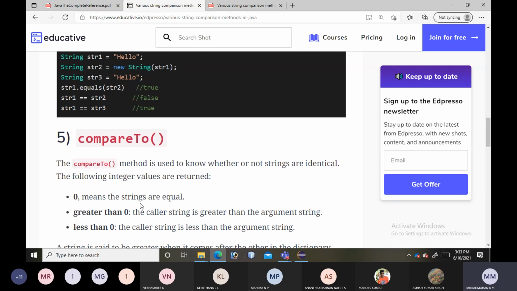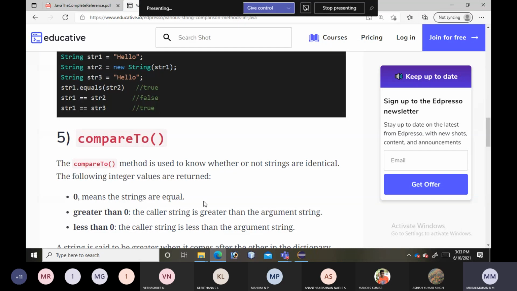Later we'll see what the caller string and argument string are. If the caller string is less than the argument string, it will return a negative value, that is less than 0.